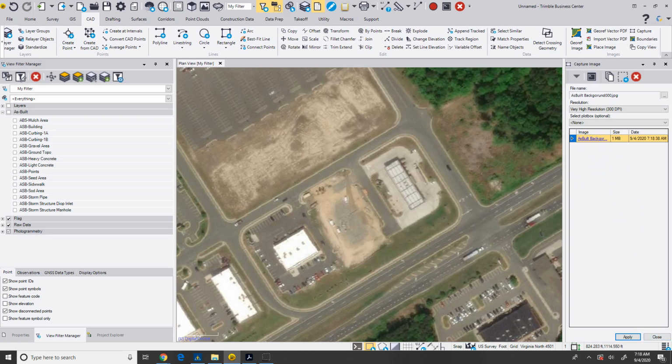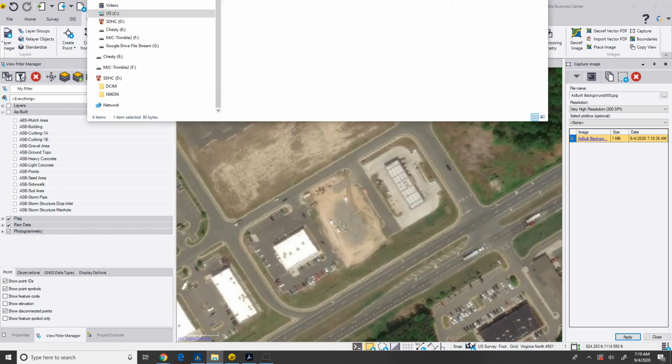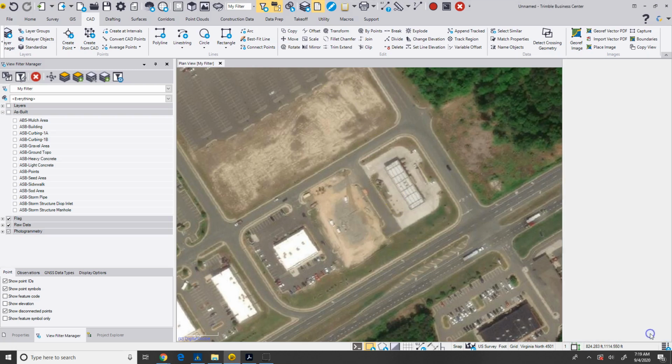So now you can see in that Trimble Synchronizer data folder, under that as-built training, I've got this as-built background JPEG, a KML file for it, as well as the coordinate file that's going to place that image in the proper spot. So it's important to have that file, and if it's a PNG or a TIFF, it's going to have another file associated with it, but this is basically a correlation file. It correlates the image to the project. Okay, so now that you've created that image,